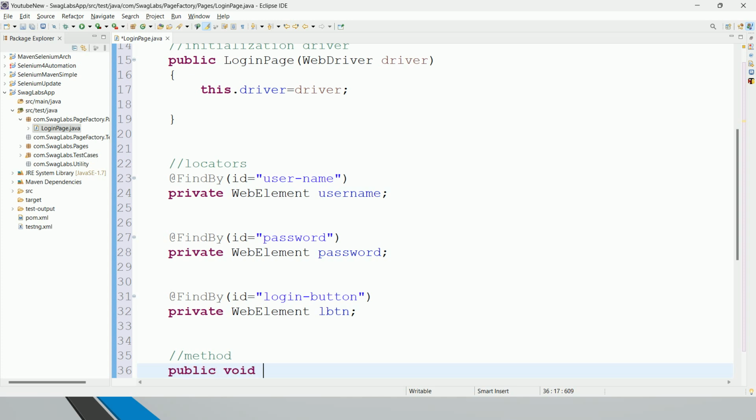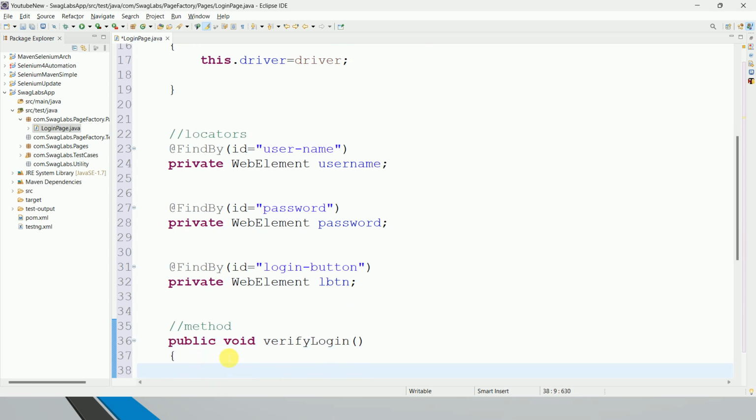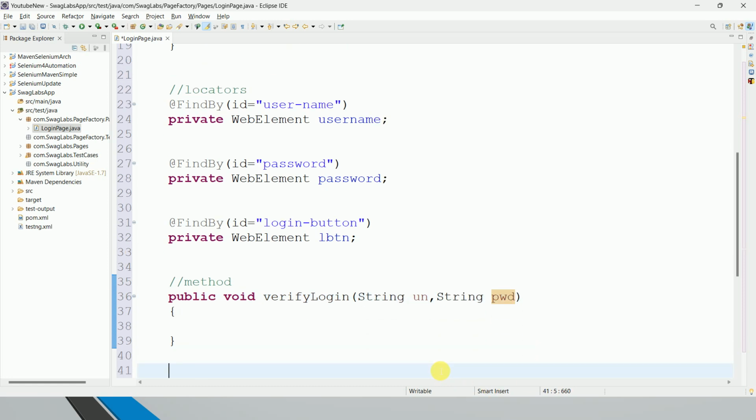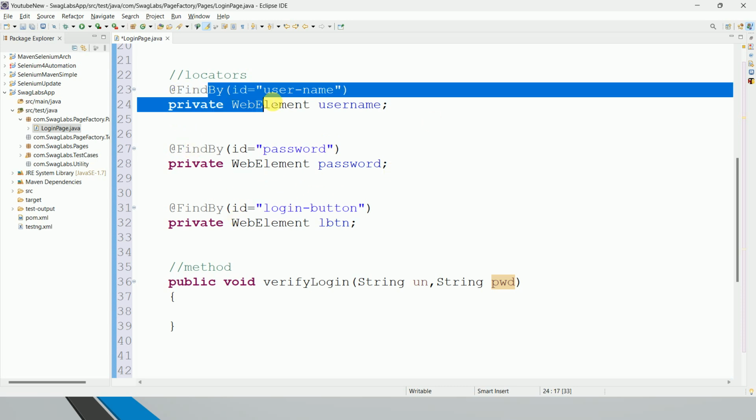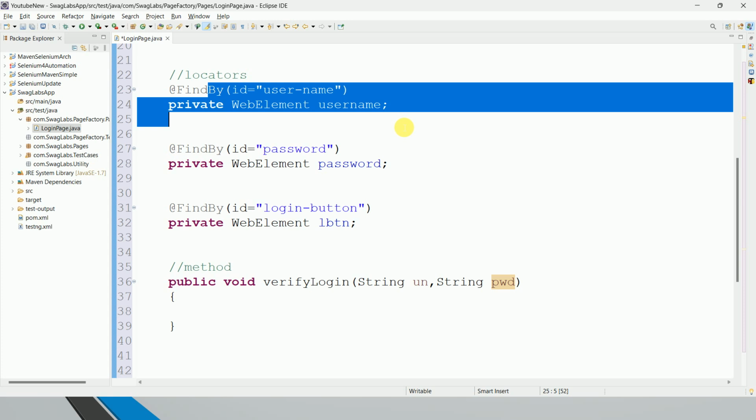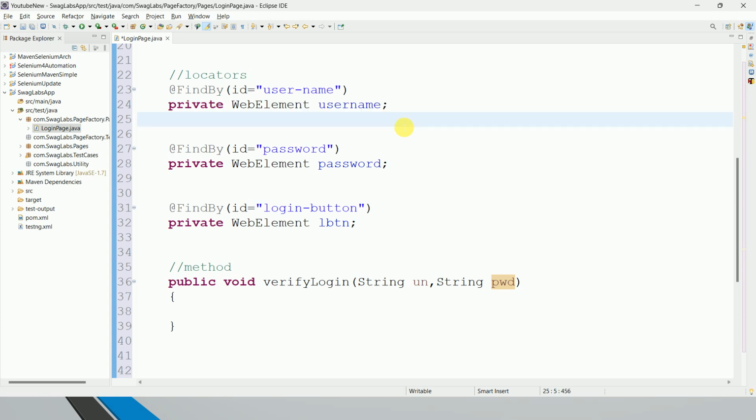So let's write public void, let's say doLogin, or I will just write here verifyLogin, right? When I say verifyLogin, in that case, I will simply take data from the user: string username and string password. If you remember, when we write by locator technique, we need to use driver.findElement. That's a method. But here, now you are using PageFactory. So in PageFactory, whenever you identify your web element directly, you are not passing it